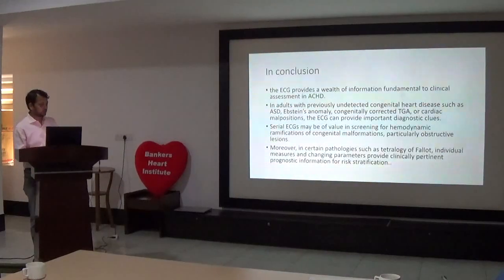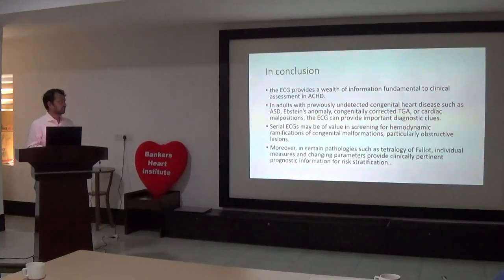So, to conclude this session, the ECG provides a wealth of information and fundamental clinical input in the assessment of congenital heart disease. In adults, previously undetected congenital heart disease such as ASD, Ebstein's anomaly, congenital corrected transposition or cardiac malformation, the ECG provides important diagnostic clues. Serial ECGs may be valuable in screening for hemodynamic ramifications of congenital malformation, particularly the obstructive lesions. Moreover, in certain pathologies such as TOF, individual measures and changing parameters provide clinically pertinent prognostic information for high risk